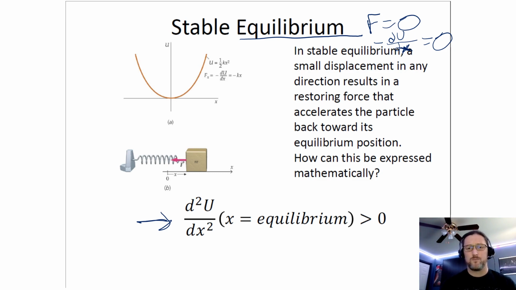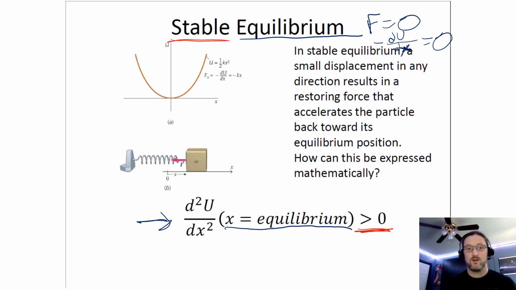jargon. For calculus class, you would take that second derivative, evaluate it at the maximum or minimum point when x was equal to the maximum or minimum. We're going to call those equilibrium positions, not the position of the maximum or the minimum. We'll just call them equilibriums. So I find that by setting the first derivative equal to 0 and solving for x. Then I can take the second derivative, plug in where x is one of those equilibrium positions, and evaluate. If that turns out to be greater than 0, that's a stable